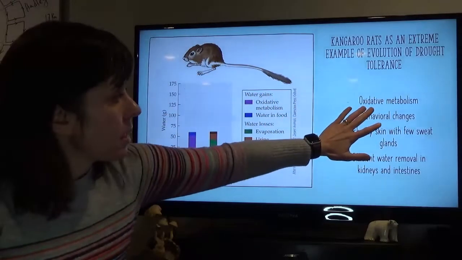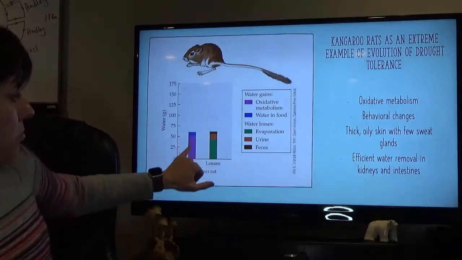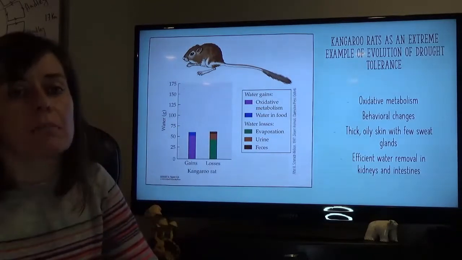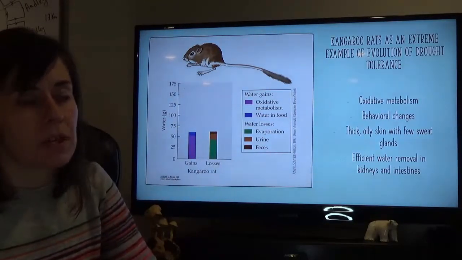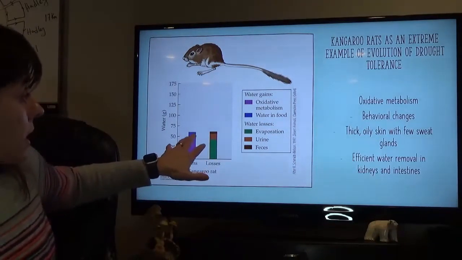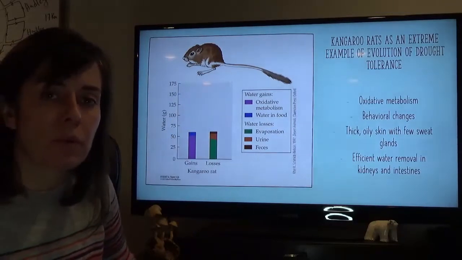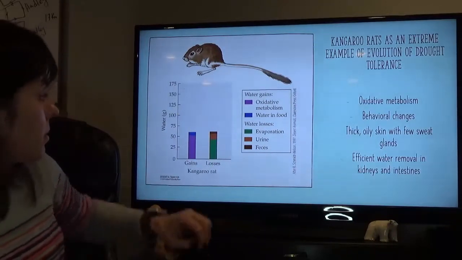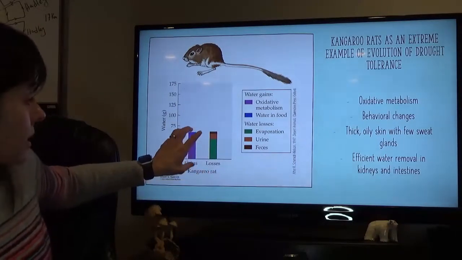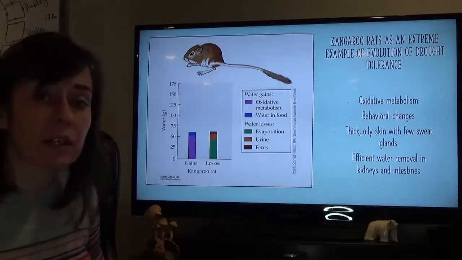We have their water balance here. So gains: most of their water comes from oxidative metabolism, so breaking down sugars, converting them to energy, and the water that is produced as a byproduct of that. And a little bit comes in their food, but they're living in these extreme dry environments, and so there's very little water in their food resources. They consume a lot of fatty seeds and things like that, and use oxidative metabolism for most of their water